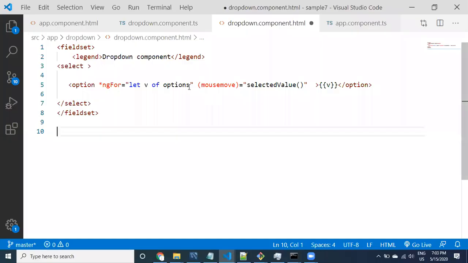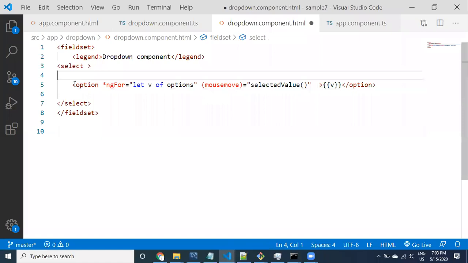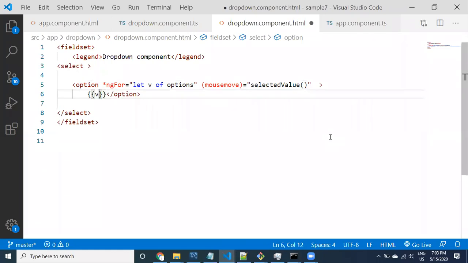Let's try another approach. I want to take this option. Inside this option, I want to take some kind of action. I mean, provide an anchor tag.